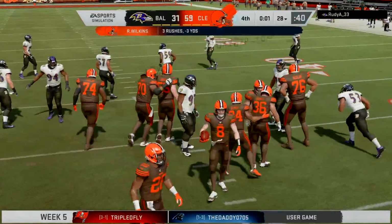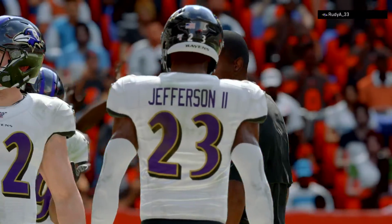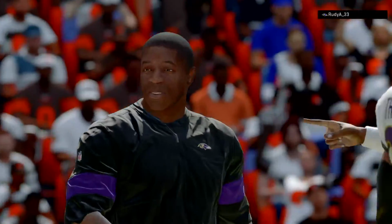And they'll indeed take a knee. But, Charles, it's one thing to win. It's another thing to win and put up the amount of points